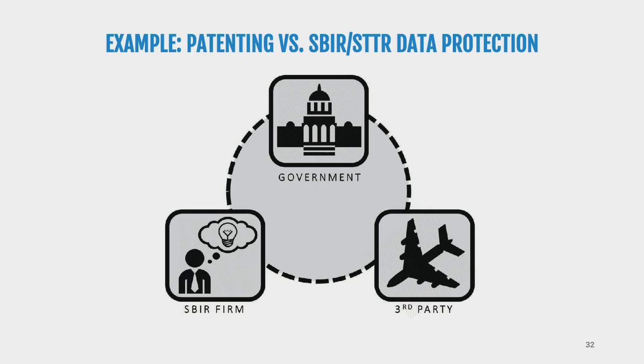And so what you can learn from this is that it's important to know what your business is built on, to know the IP and how that overlaps with your business and which ones are going to be more valuable. If you're in the software space, this gets a little tricky, but let's say you're doing something more mechanical where things are more easily reverse engineered, you want to focus on a patenting strategy probably. If you have processes that are hard to discover, maybe a trade secret or data rights may be better suited for your business. And so depending on your business, depending on the technology, depending on your resources, that's how you're going to have to decide on what IP strategy will be best suited for you to protect yourself.